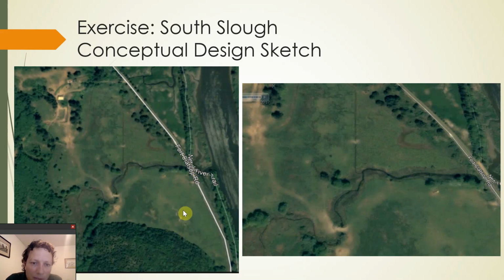You can see, if you look carefully, remnant oxbows, remnant branches of tidal channels. Tidal channels are incredibly sinewy. They snake out in all directions because, of course, the tide is a very, very powerful force. And it carves its way into low elevation sites in all kinds of directions. And so at one time, probably, this was a branching tree of tidal channels. But it was simplified and straightened and ditched and cut off from the river in an effort to create agricultural